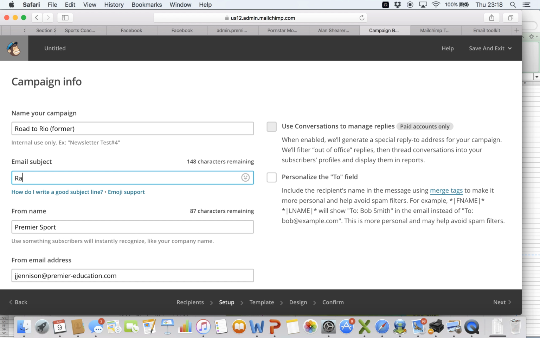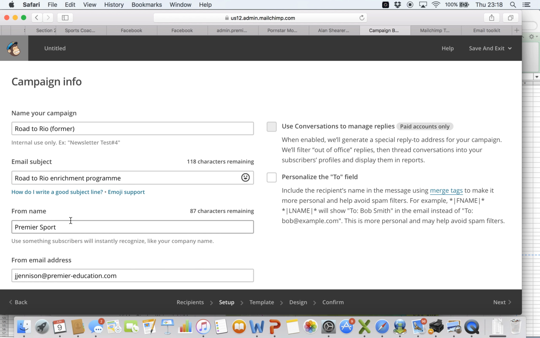So you might call it Rotary enrichment. You might put something like free enrichment sessions for your school. The thing with free enrichment sessions for your school is they might see that and be inclined to open it because it says free in there. But I know that if you put free, sometimes that will automatically mean that it goes into junk because it detects that it's saying the word free, so it thinks it's spam. So I did have responses from emails where I put free in the subject heading, so it's entirely up to you. But you might just put something like Rotary Enrichment Program, but you want something that's going to attract